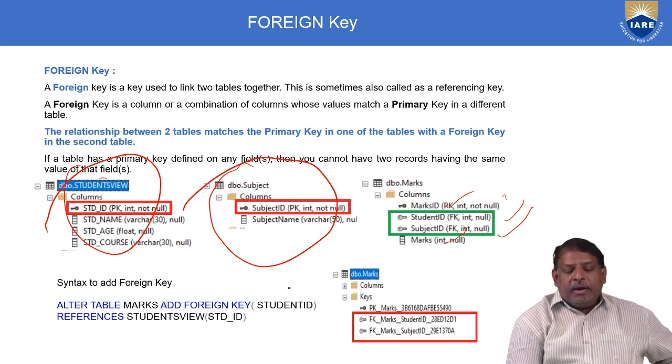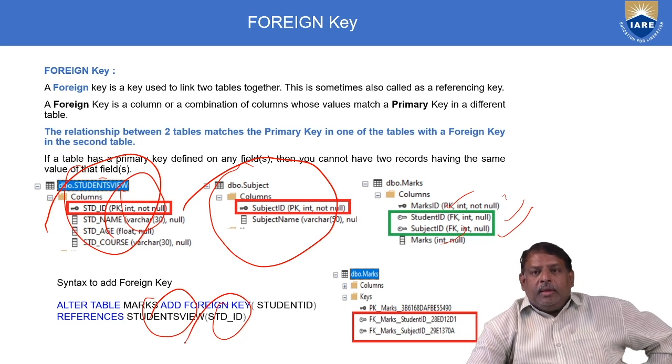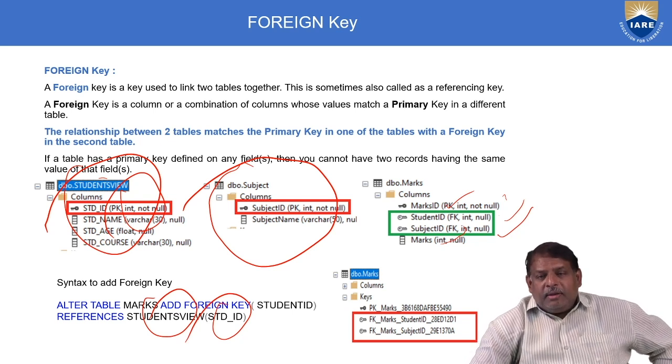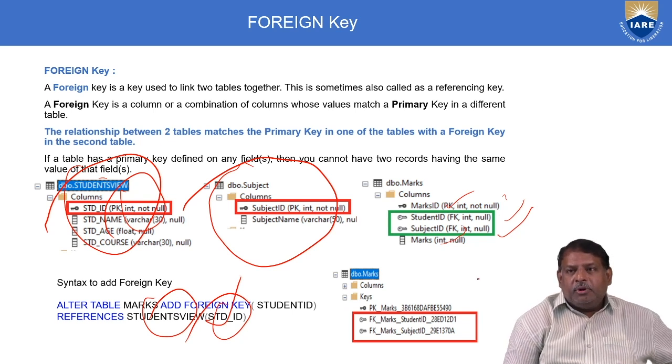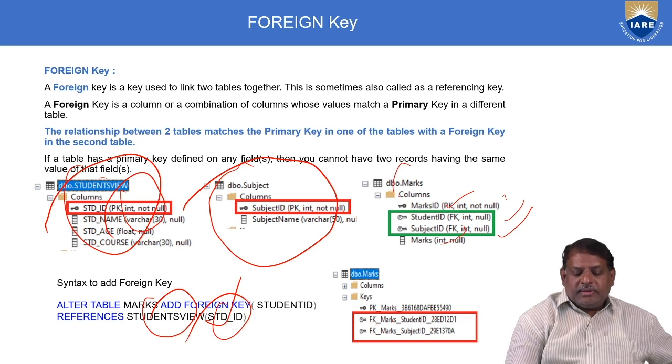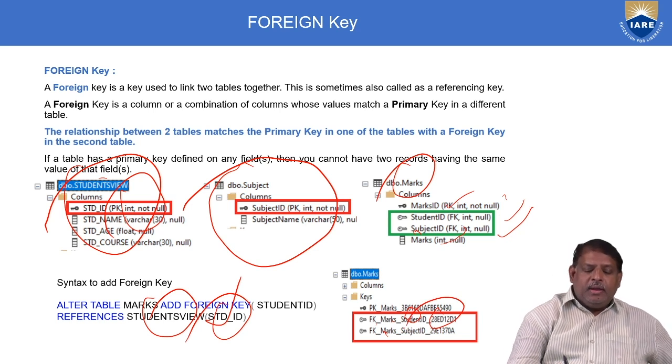We're adding student ID from the student table references. Student is my primary table. The column to be made a foreign key is the std underscore ID. By this, when you see in the Explorer, we see it like this. FK is the foreign key, underscore marks is the second table, the foreign key table name, followed by the column name for which you want to create the foreign key, followed by the unique number given by the SQL Server.